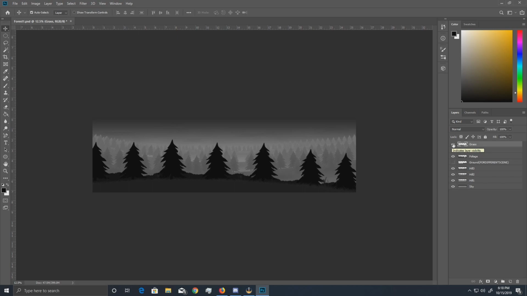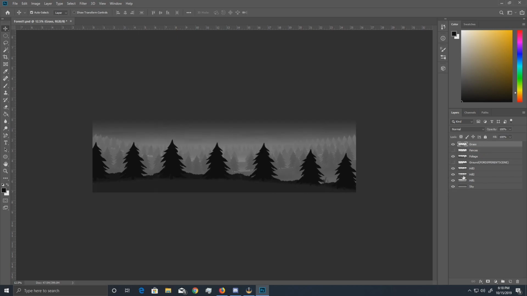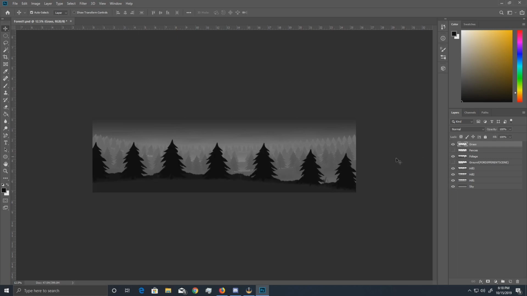Make sure you guys have your different layers, whatever you have in your background on different layers, and then your foreground, whatever you have in there. And then what you basically want to do is export this all into different layers, which you